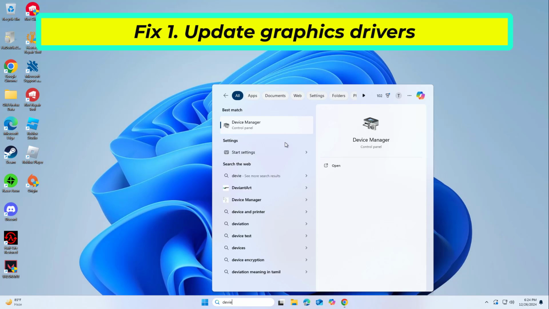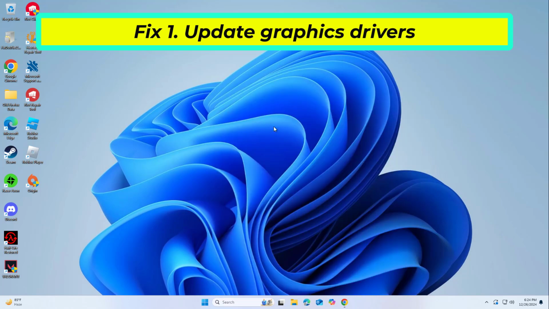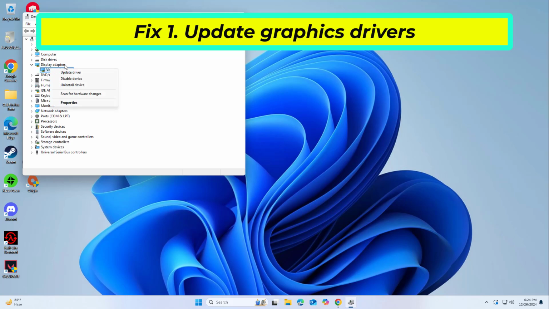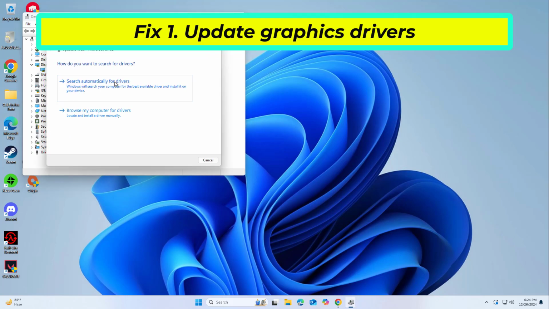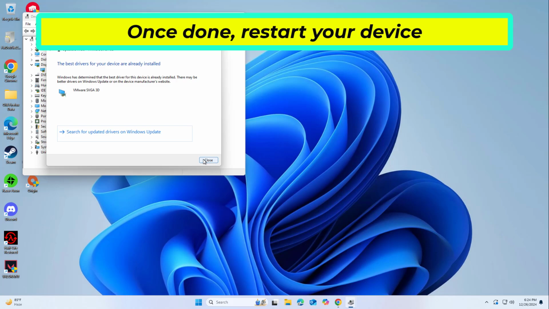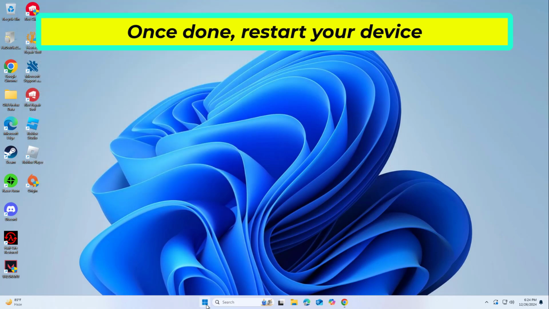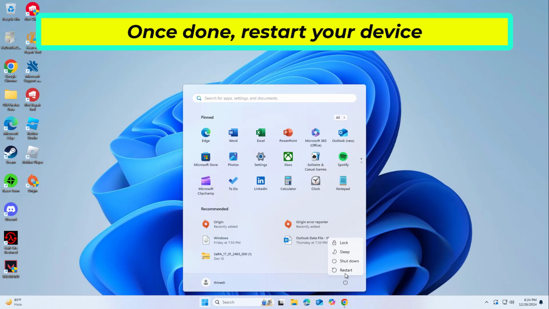Graphics drivers are software components that enable the operating system to communicate with the graphics hardware. Over time, manufacturers release updates to these drivers to resolve potential issues or improve performance. You could try using Device Manager to update your drivers. If that didn't work,